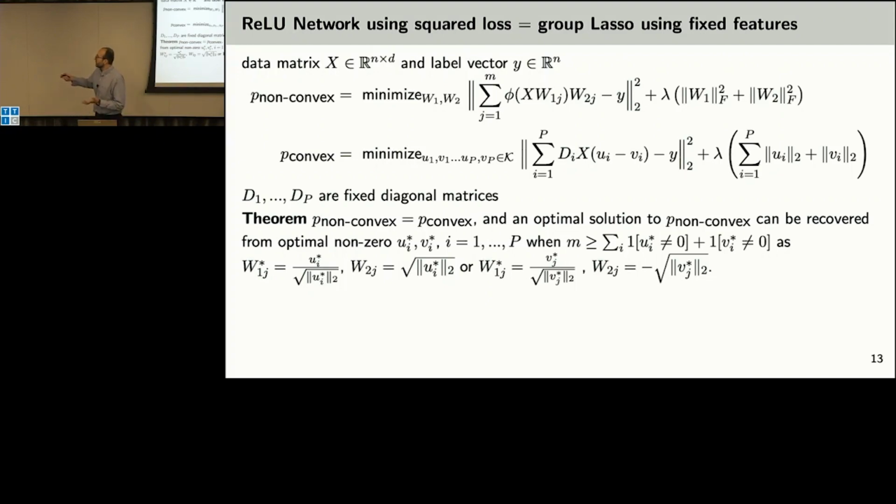And in the theory, you have to assume the number of neurons in the first problem that you set up has to be greater or equal than the number of non-zeros in this problem. So you have to have enough neurons for making this conversion possible. But the number of non-zeros in the second problem is controllable by picking the right